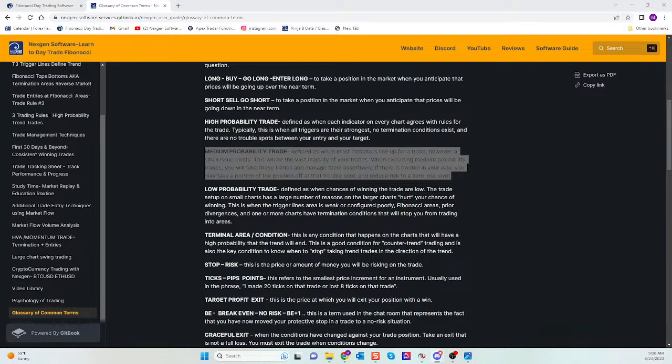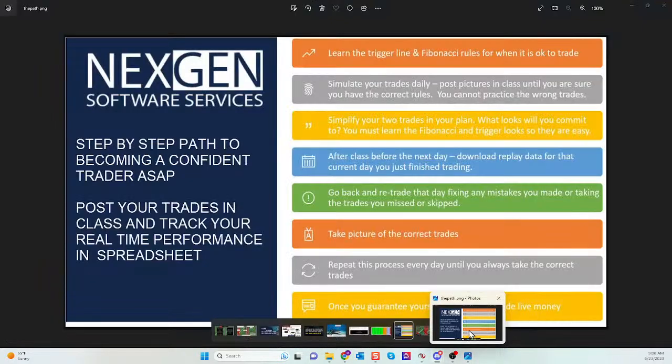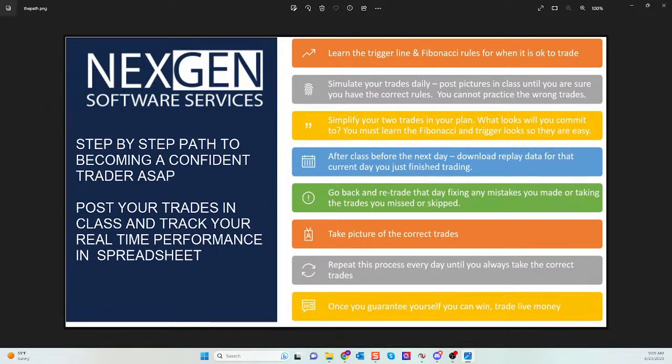So we're going to talk about the high probability trend trade first, and we're going to go from the high probability trend trade into looking at the medium probability trade throughout the day. But I'm going to remind you the path, and this is for you new guys. Samuel, K-Pops, David, as you grow, those of you that are coming back looking for consistency. This is the path to get to where you want to be, guys, and I always encourage you guys, participate in your education, right? This is college. This is you. I need you on the front row, hand raised, asking questions. Get the most for what you paid for tuition.